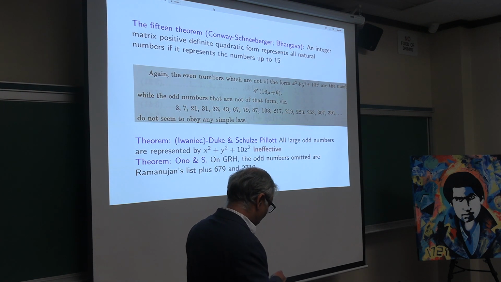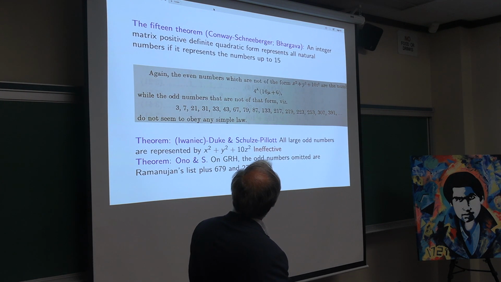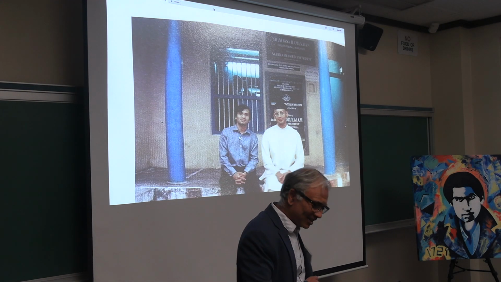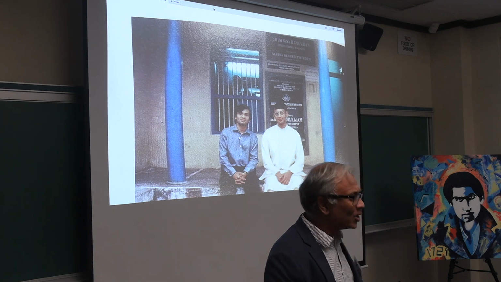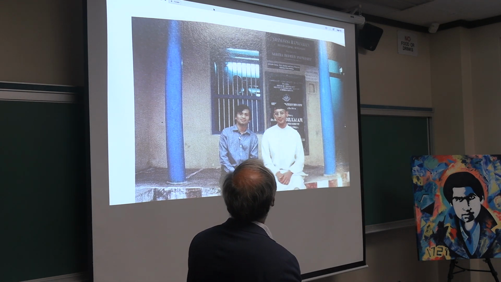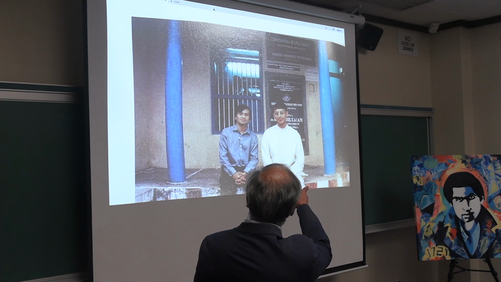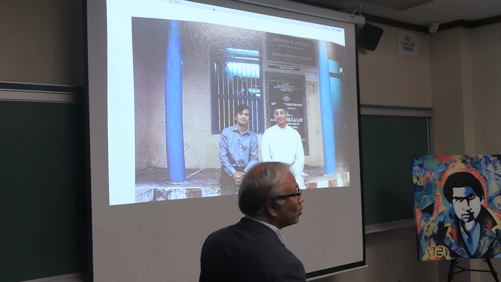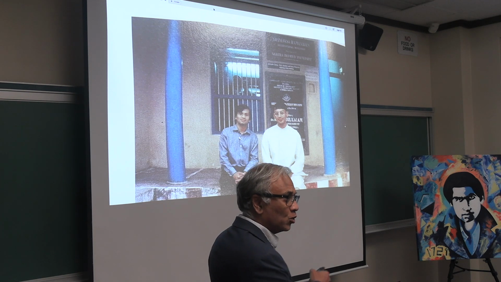So there's a lot to this content. And okay, let me tell you the secret reason why I wanted to show you this particular thing. This is Manjul and me from 2005 when we got the Sastra Ramanujan Prize. And we are sitting in what would in Tamil be called the Thinnai of Ramanujan's house in Kumbakonam. This is the house where he grew up.